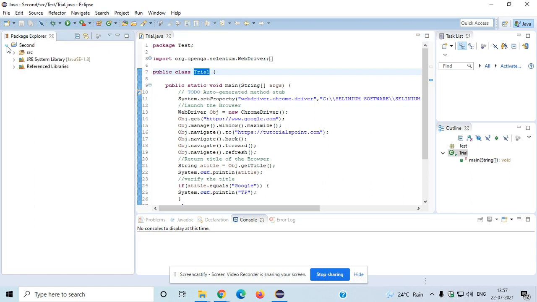where we'll be having the project name, source. If we click here, just observe what happens. The package will be displayed. If I click here again, the package which is being imported in the program, the source code extension name will be displayed like this, trial.java.